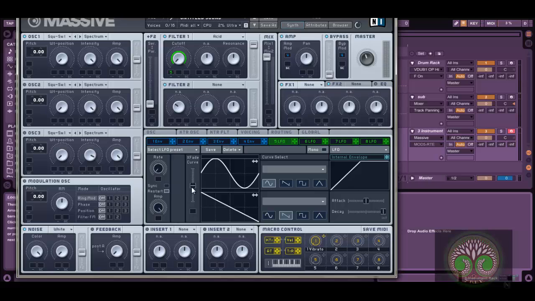Okay, I'm going to take this crossfader curve, we'll go back up to the sine, but this time let's play around, let's see what this wave curve sounds like. I really like that triangle wave. Okay. Now that we have that figured out, we're just going to turn the filter off for the purpose of